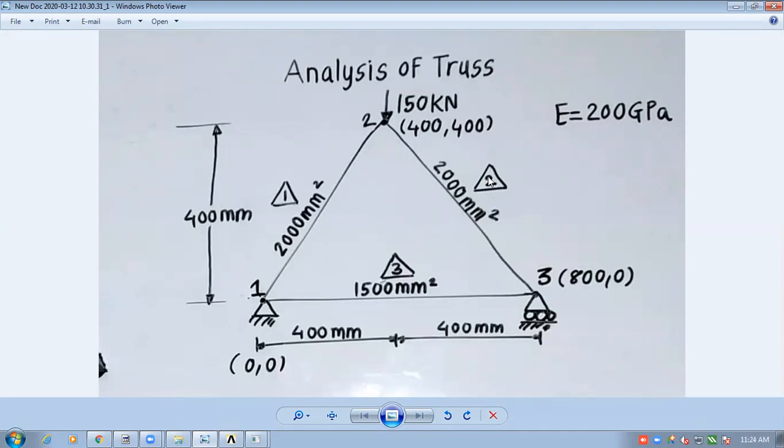Element number 2 has 2000 mm square. So there is no need to create two different sets for the same area.